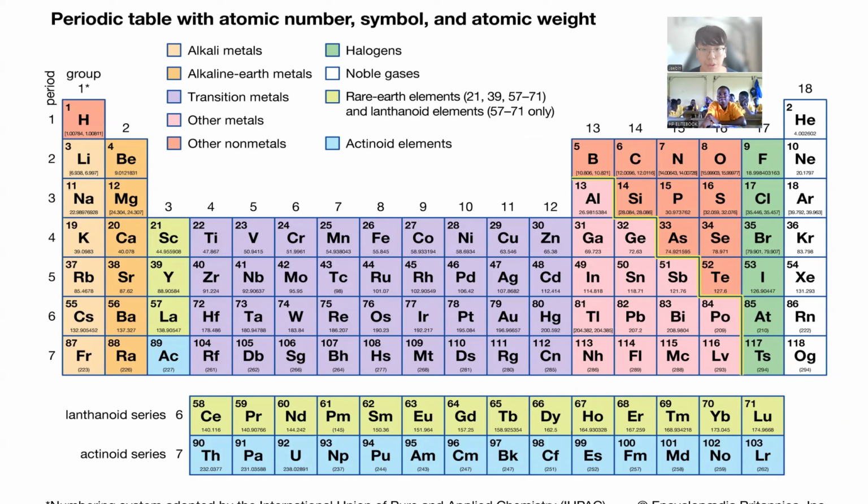I will share this slide because you will need to get a little familiar with the periodic table. This is very important in chemistry. So this tells you the atomic number, the atomic mass, the number of protons, which equals the number of electrons. And this is very useful to have. So I will share this after this class. So let's